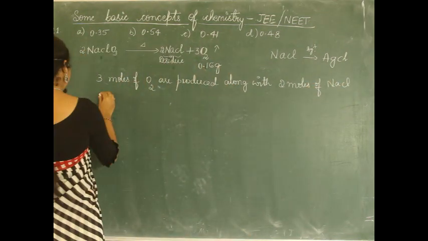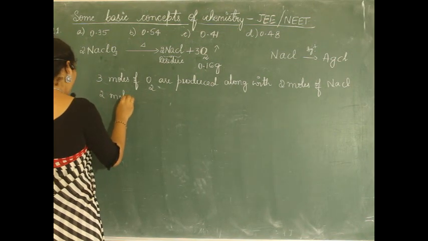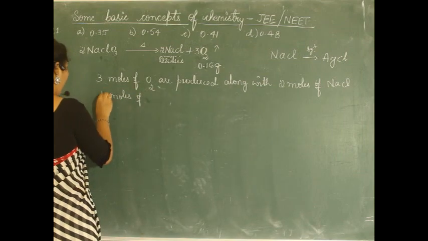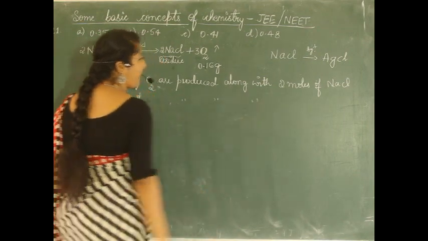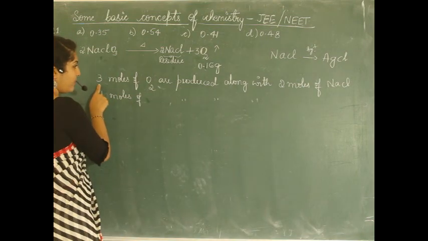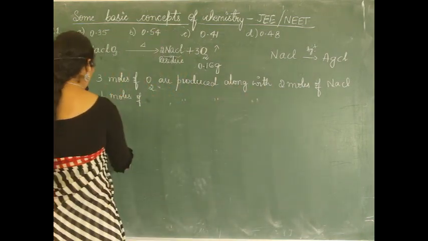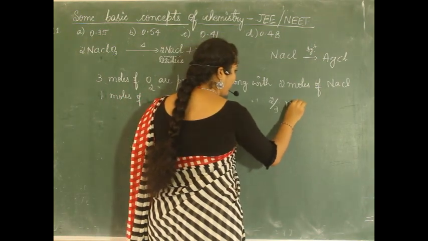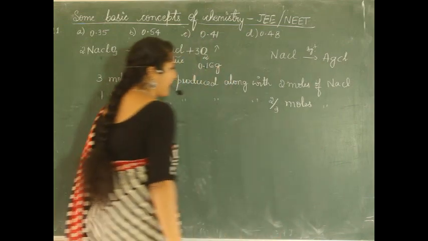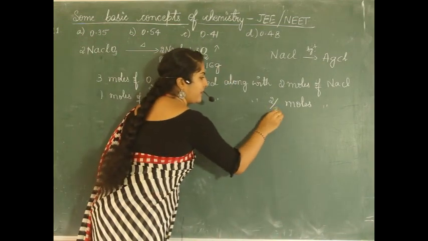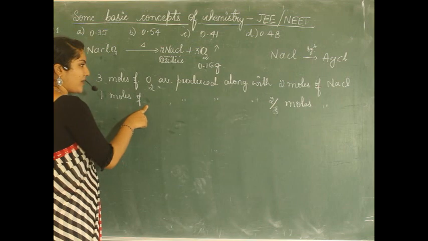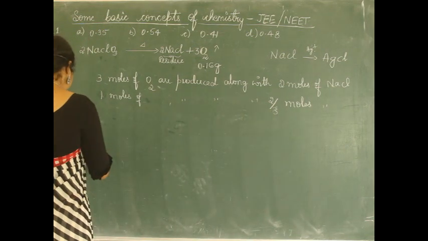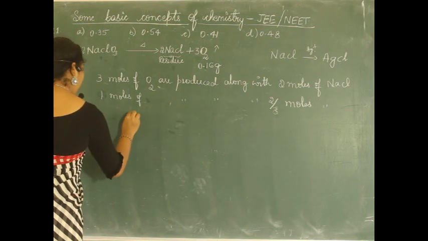Then 1 mole of oxygen will be produced along with 2 by 3 moles of NaCl, cross multiplying, right? So if 1 mole of oxygen has to be produced, how many moles of NaCl can we expect? 2 by 3 moles. Therefore,